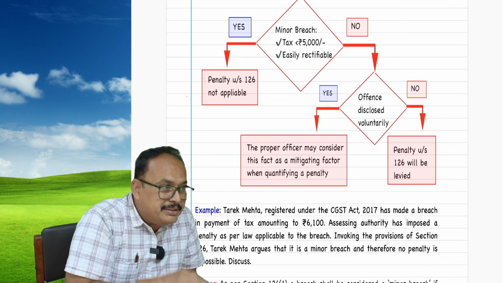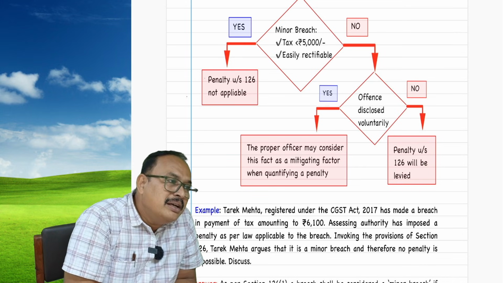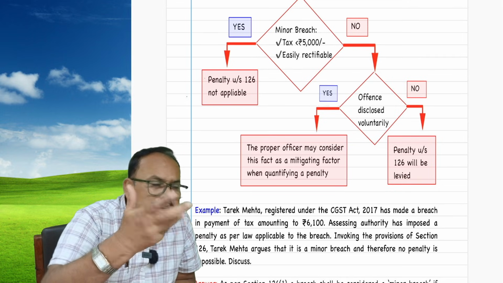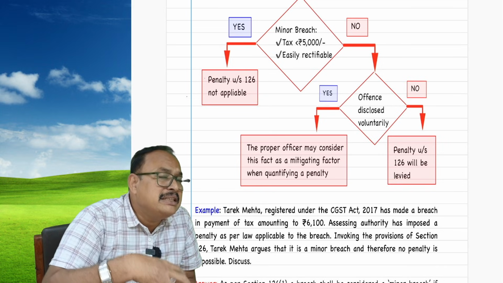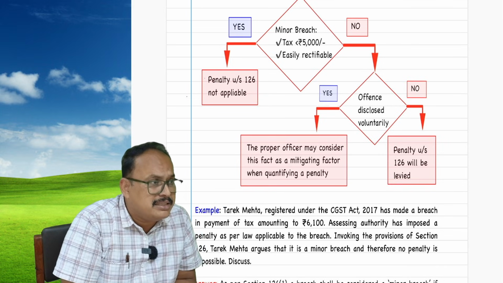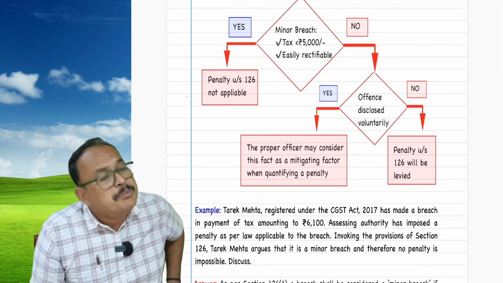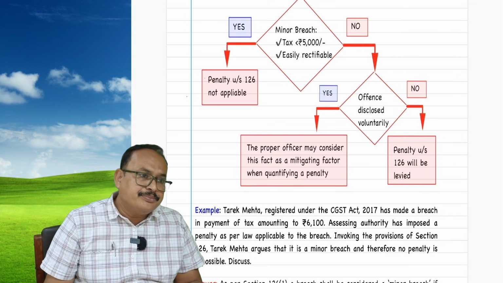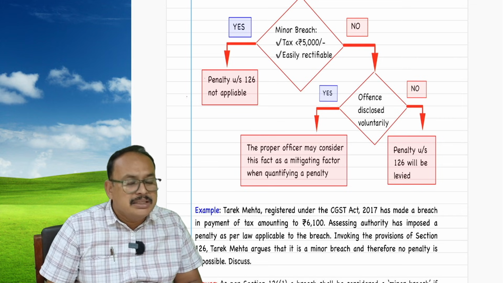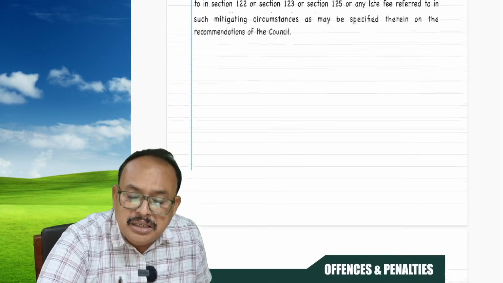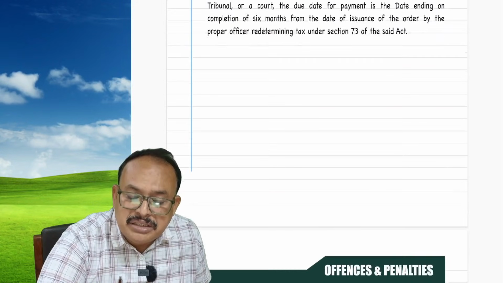One is a minor breach. What is a minor breach? Less than rupees 5,000 tax involved or easily identifiable. If not a minor breach, the breach is informed to the department before the department detects it, yes, sir. In that case, it can be mitigated. That means it can be waived with the advice that next time do not do this. Is that clear? Section 126. Further, my dear friends, referring to here, an important provision, section